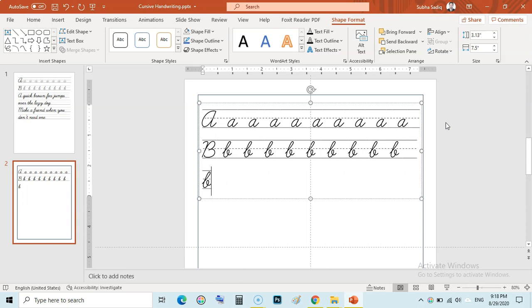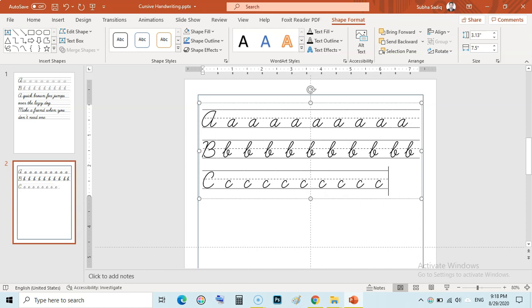And in this way you can adjust the spacing, and you can carry on with your own taste of spacing and line spacing and font size. This is the way you can create cursive handwriting paper for kids and for adults as well.